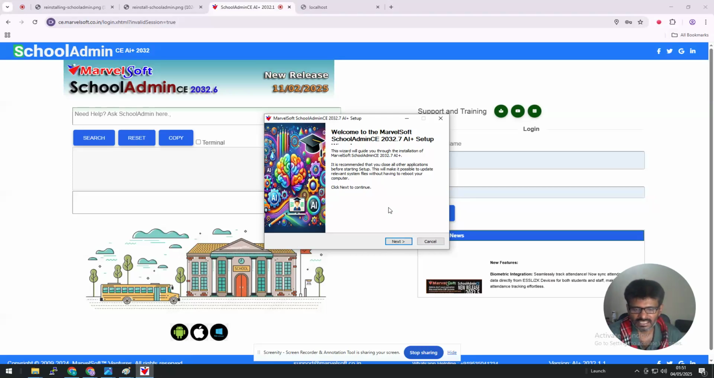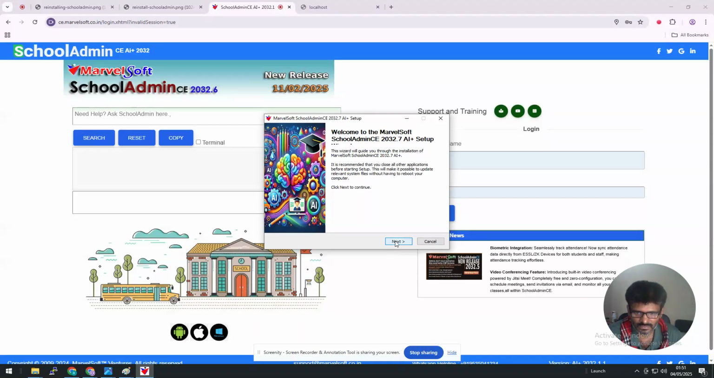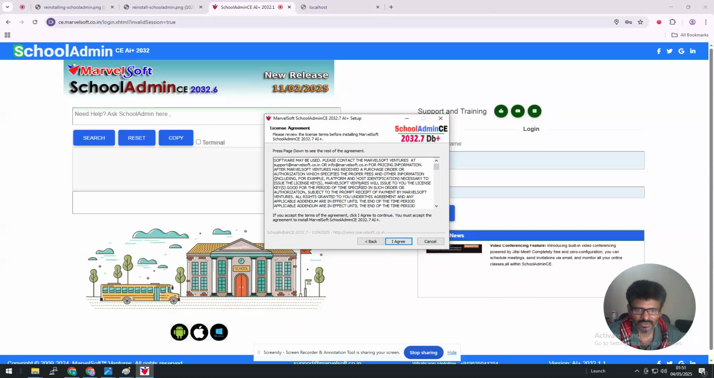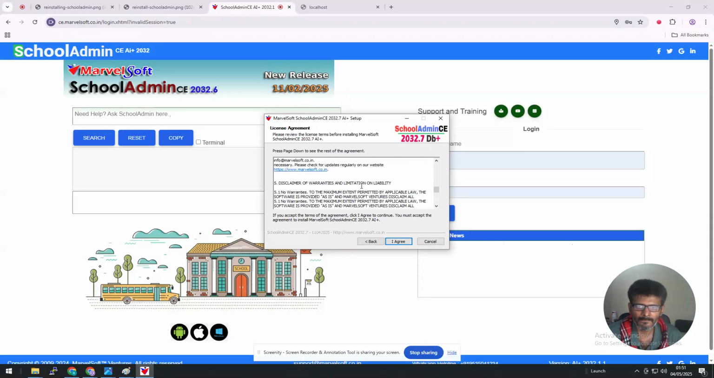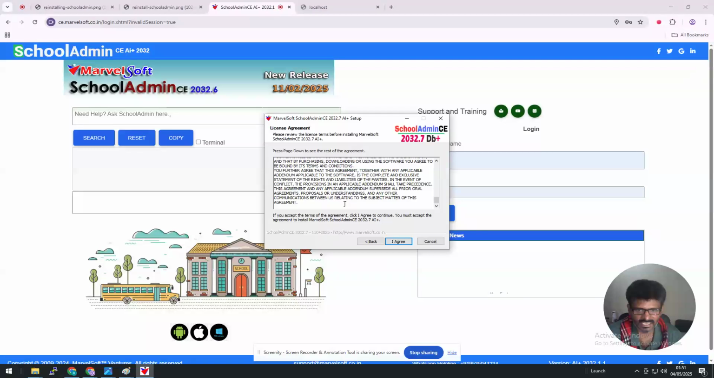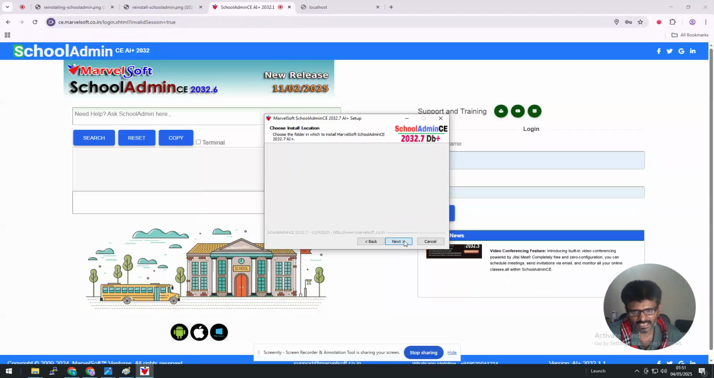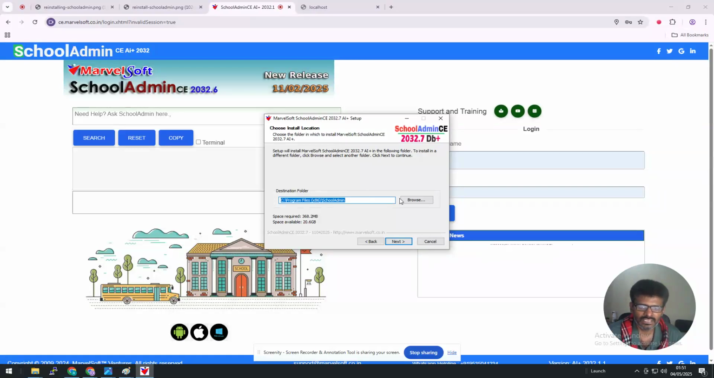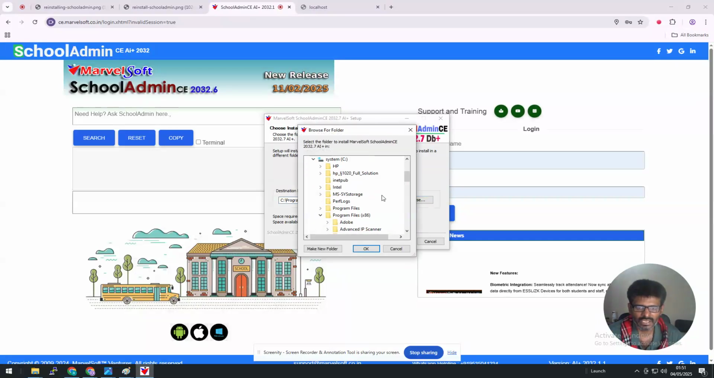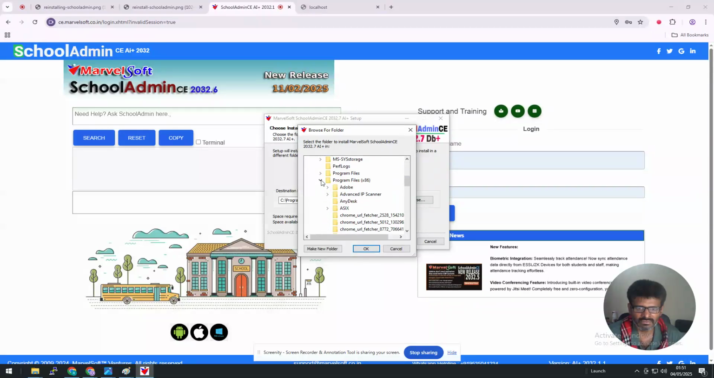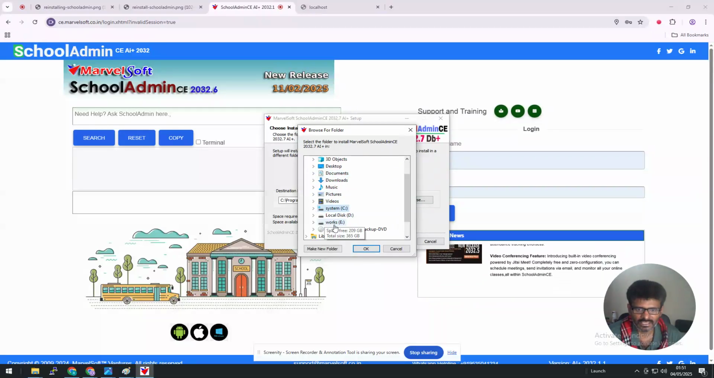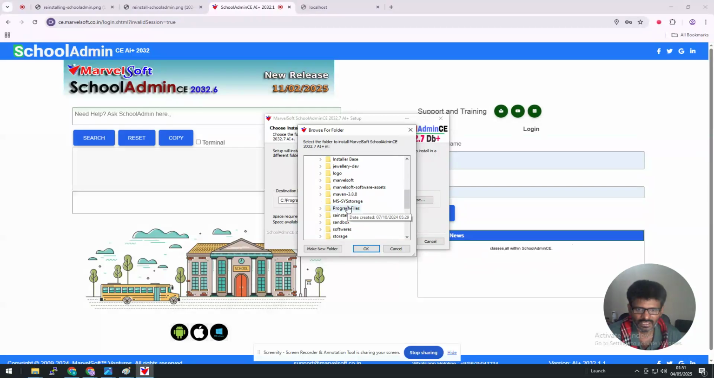The very first stage asks you to go to the next page. You have to read the license agreement, go through it and understand it. If you agree to the license terms and conditions, click on I agree. Then select the location where you want to reinstall the SchoolAdmin Community Edition. I will install in a totally different drive. I would like to install the software on E drive, and there is a folder